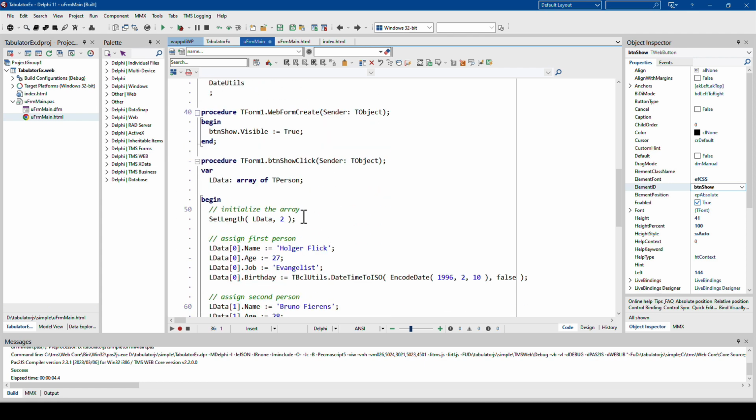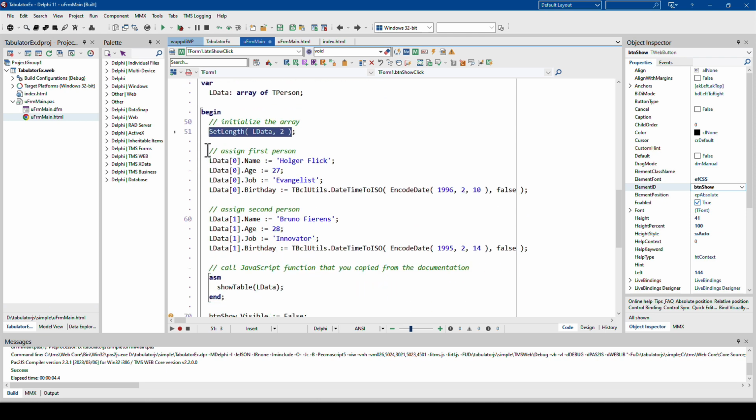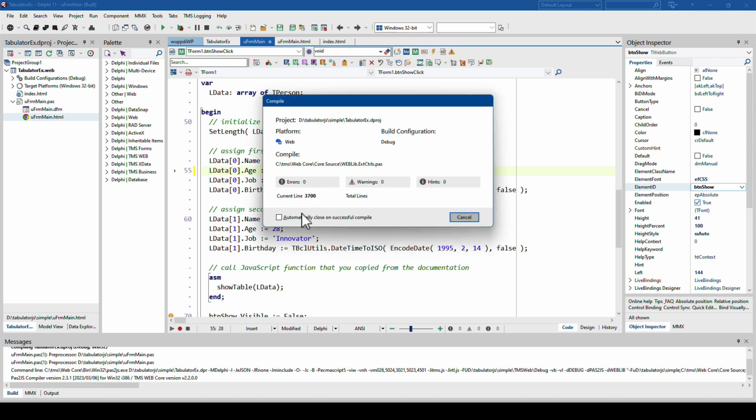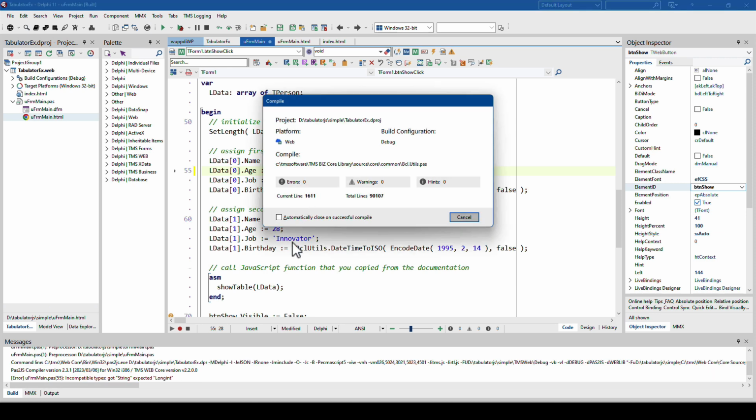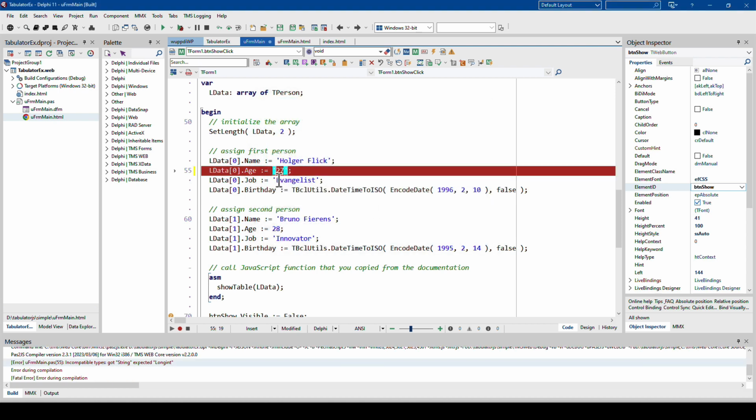So with that being said, I have an array of those TPerson records, 2 to be precise. So I set the length of the array to 2 and I add 2 people. And first, my name, my age, and we already see different data types, string, integer. And let's assume I do something that wouldn't trigger any error when I used JavaScript. Let's say I make the 27 a string and I recompile. At that point, I already get a compile time error because the data types don't match.